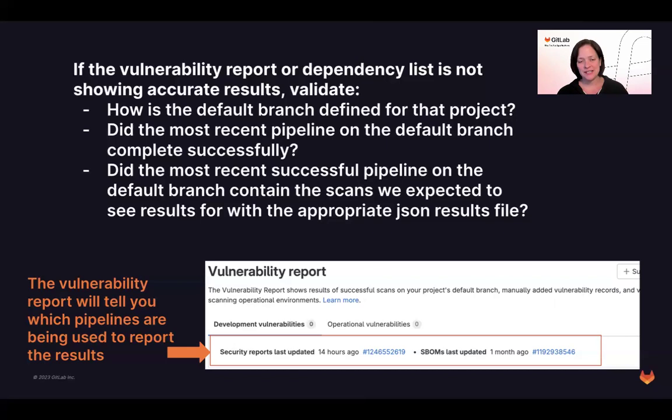So my most recent vulnerability reports are using a different pipeline than the SBOM, because the last dependency scan job was run a month ago before that job was removed from my default pipeline. So you'll get these discrepancies sometimes. So it's important to look at the details of what each pipeline is that's producing the report data that you're seeing in those reports.